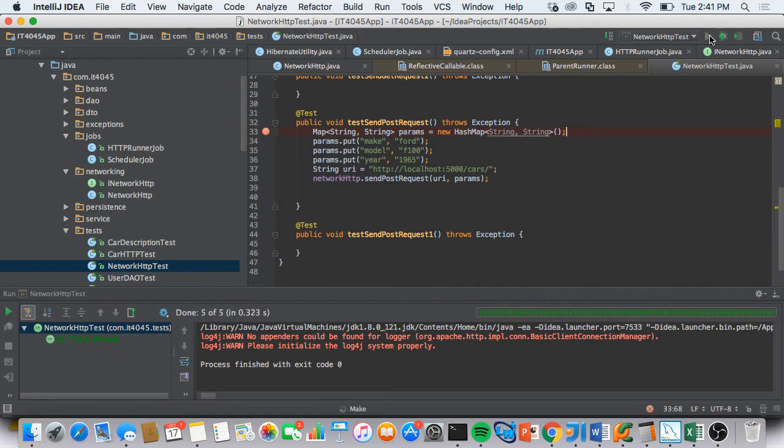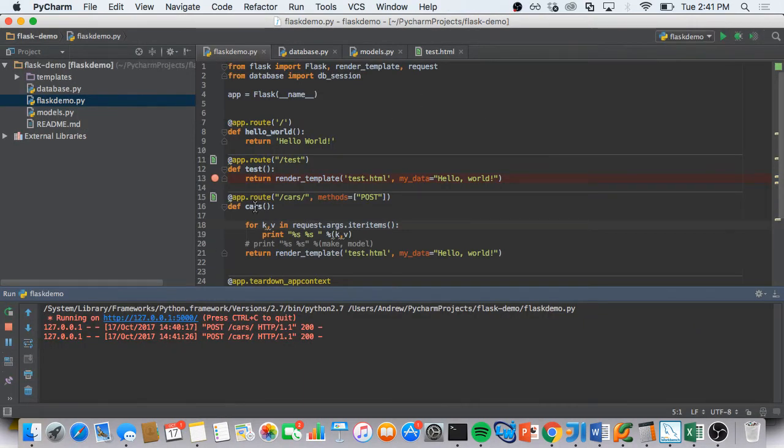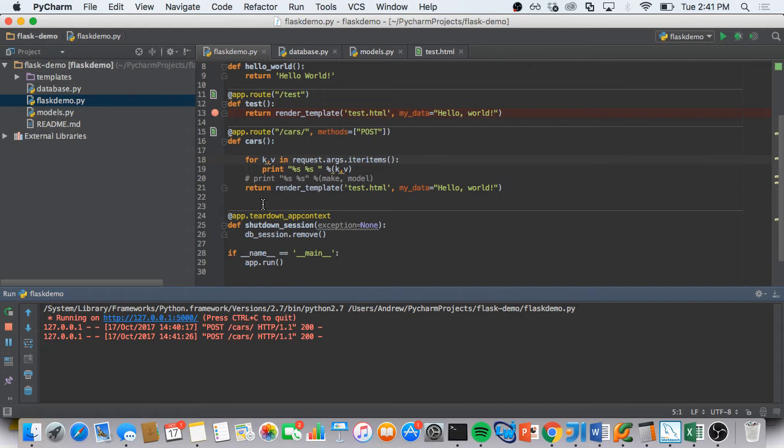So now if we run our unit test again, they're still going to pass. And if we go back to our Flask demo, you can see that nothing is still printed. So now we need to debug the Flask demo real quick